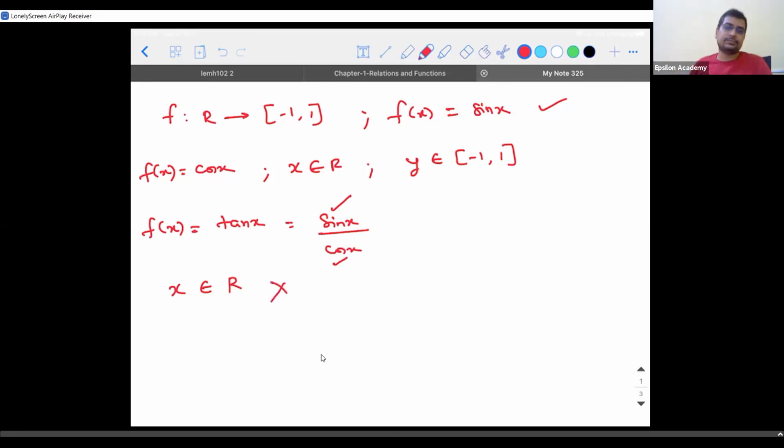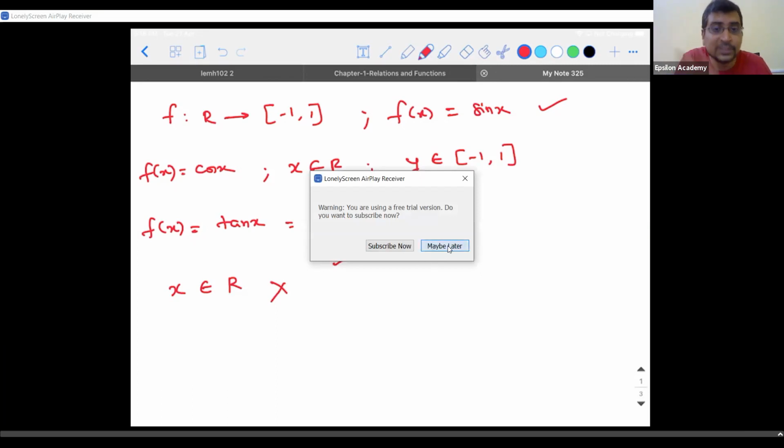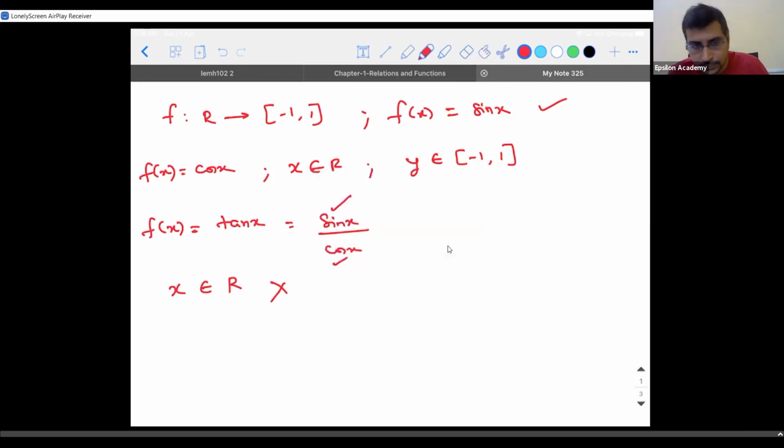But it is wrong. Why? We can't substitute 0, sir. I can't substitute 0. Think about it. I can't substitute a value of x which will generate cos x to be 0. I understood, but I wanted to correct it. You should not substitute the value of x from the real number system which will generate cos x to be 0. Then what are all the values of x for which a 0 is generated? 90.